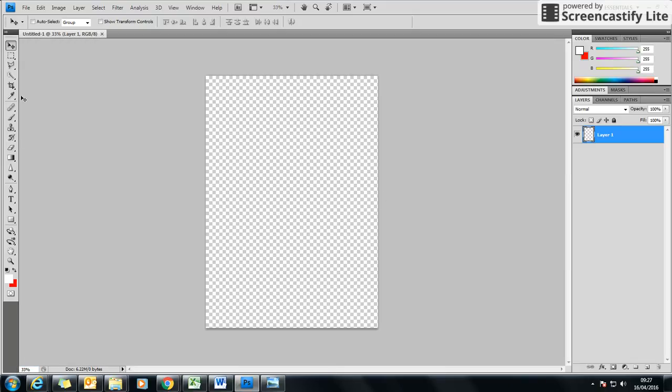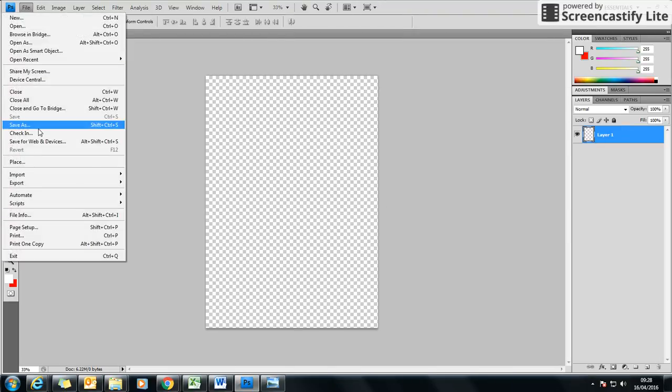Okay, so we've got our tools, which we looked at last lesson, a few of the tools. We've got this area for layers, which again, we're not going to worry too much about in this video guide, but we will be next time. And then we've got our area here. So what we want to do is put some images in. Now there's two real ways of putting images in. One way is to get an image from your file, and the other way is to get an image from the internet. So if I want to get an image from my file, I click on File and I go